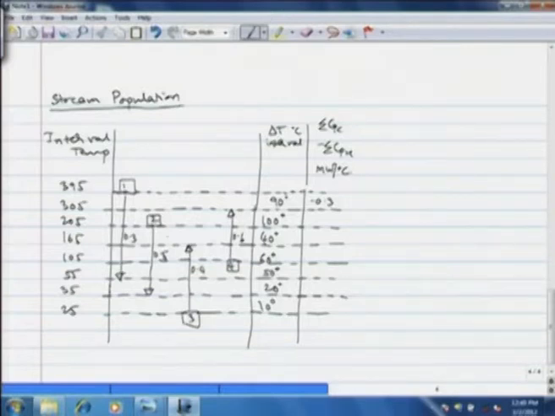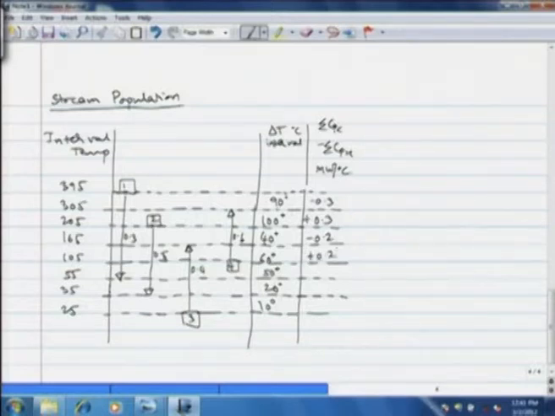In the second interval we have two streams. Stream 1 which has a CP of 0.3 and stream 4 which has a CP of 0.6. So the summation CPC minus summation CPH is 0.6 minus 0.3, that is plus 0.3, and you go further. Now I am giving values directly